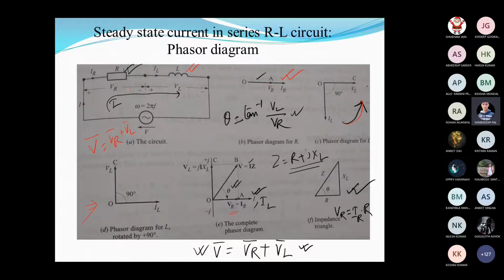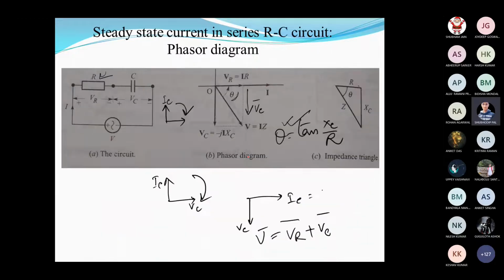So how to find this? You have the VR and you bring this VL here. Now you draw the parallelogram or vector according to this. VR plus VL will be the V. So you can find this V, and this will be the theta, the power factor angle. Now you will decide cos theta according to this. Similarly, we may have a capacitor also in the same direction.